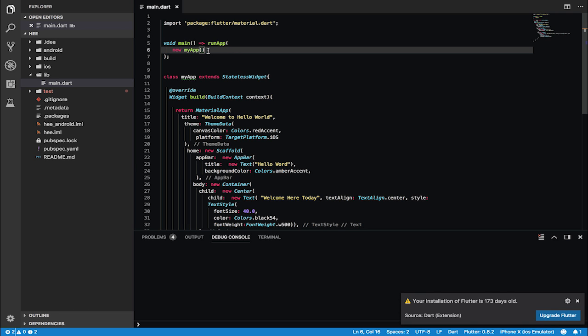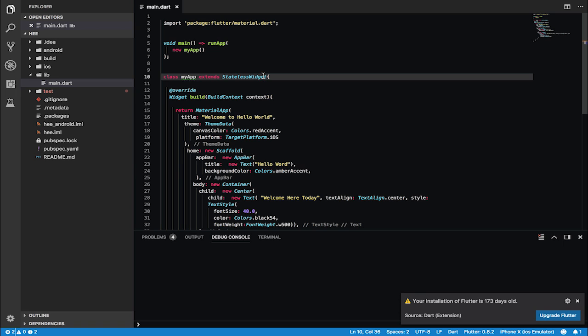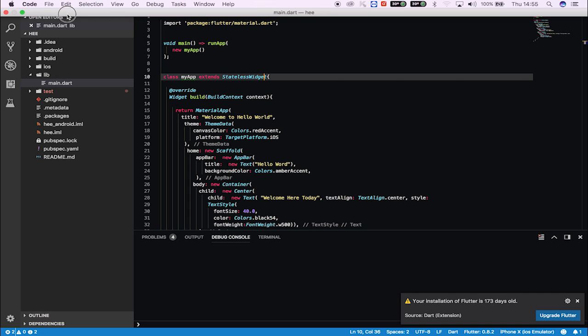We create a class, you can call it a wrapper, which handles or inflates the screen with widgets, where we can put a number of widgets under that one class. As you see here, I've created my app class, which extends a stateless widget. I told you that we are going to be looking more at stateless widgets and see how we can use them as we get used to creating applications using stateless widgets. In our further videos, we'll see how we can use